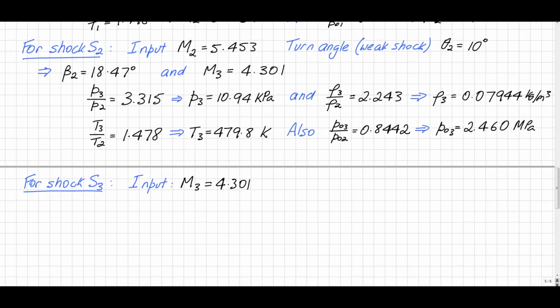And our flow turning angle, and again weak shock solution, in this case is going to be the theta deflection, so we could call it theta 3, but we won't. We'll say it's theta 1 plus theta 2, so that's equal to 8 degrees plus 10 degrees, so that's 18 degrees. So we went through why that's the case. We need to go back through that turning angle to bring the flow back parallel to the oncoming flow.